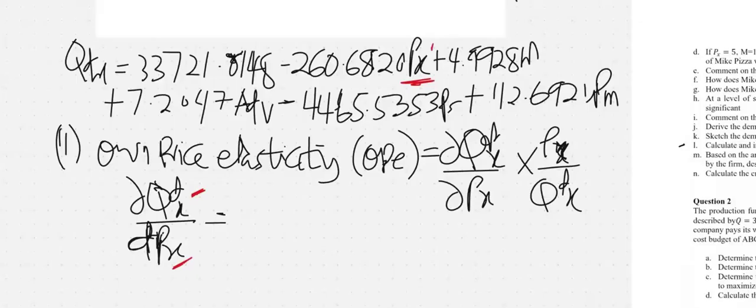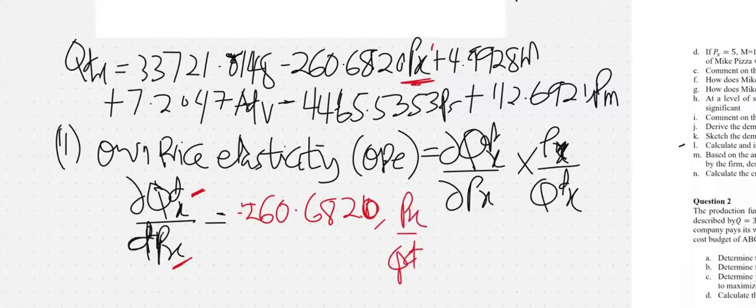When I cover the P_x, what will I be left with? Minus 260.6820. That becomes the derivative for dQ_dx over dP_x. Then I go and find P_x over Q_dx. What is P_x? The value of P_x in the question is 5. And Q_dx, we got a value of